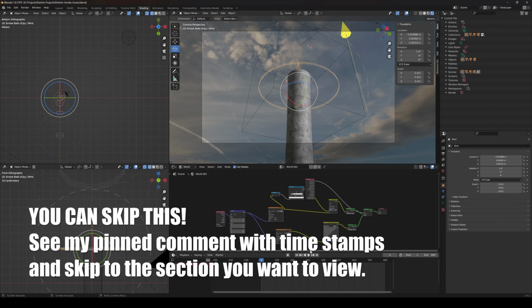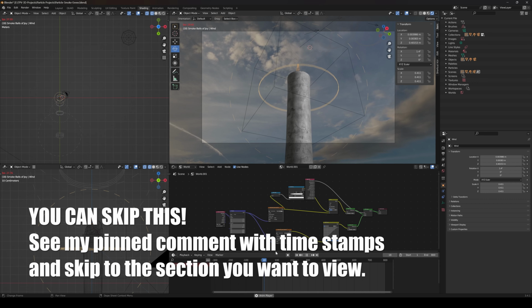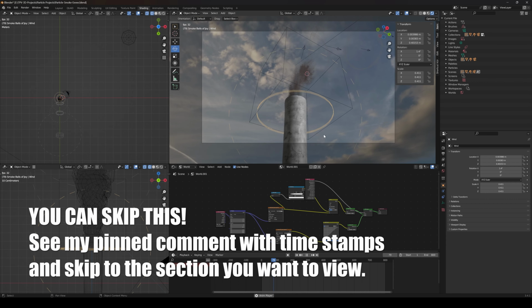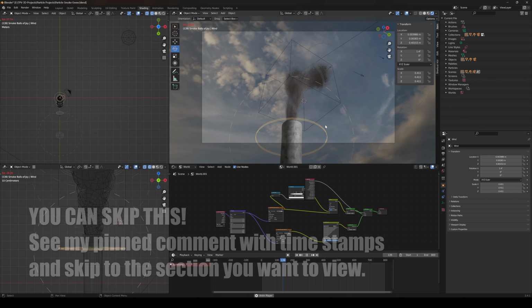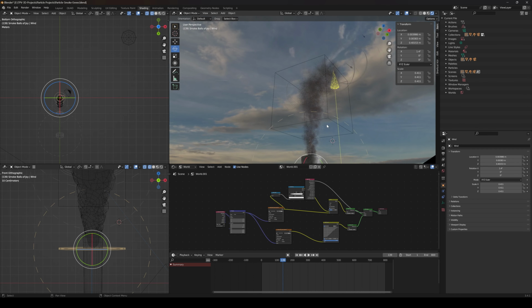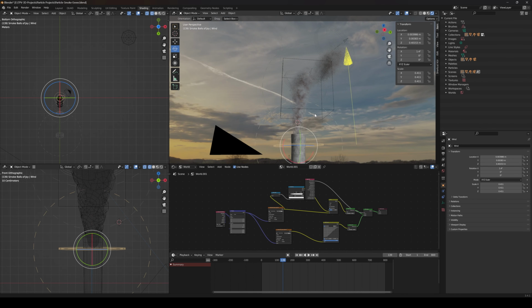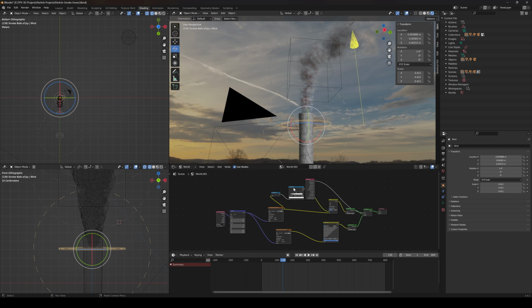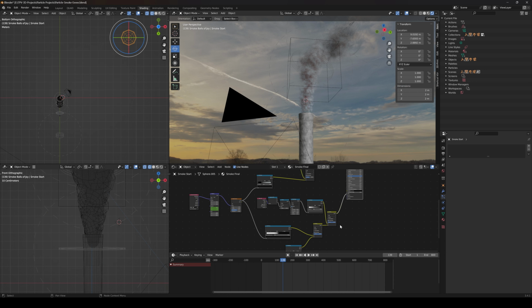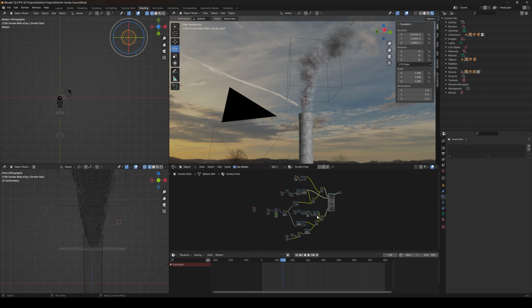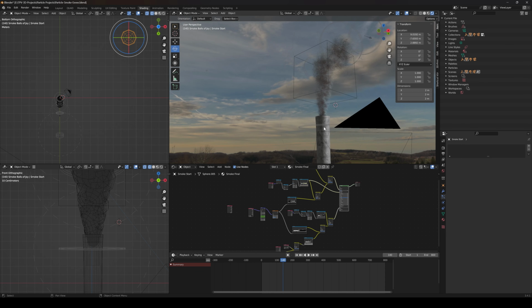Well, welcome guys, and today I'm excited about this. I've been trying to make decent smoke in Eevee for the longest time, and I think we have done it, boys and girls. I think we have done it. And as you can see, it does react to the light, all that good stuff, and it's pretty easy to do. Unlike my last tutorial, this one is probably going to be a little bit longer because this has way more nodes. But I'm going to try to make it as easy as possible, and today, let's make some smoke